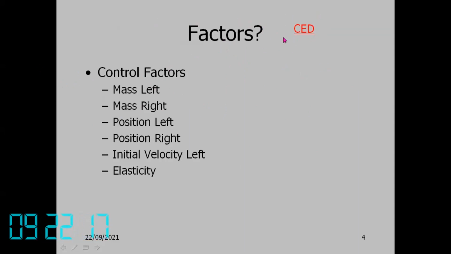We use a cause and effect diagram to brainstorm and make a list of all the factors. The controllable factors are the mass of the left ball, mass of the right ball, the initial position of the left ball, the initial position of the right ball, then the initial velocity of the left ball. And in order to simplify this experiment, I take the initial velocity of the right ball as 0. Actually, it can also be incorporated, but then the number of factors goes on increasing and becomes more difficult. We need more runs, so it takes more time also. Then the elastic coefficient of restitution.